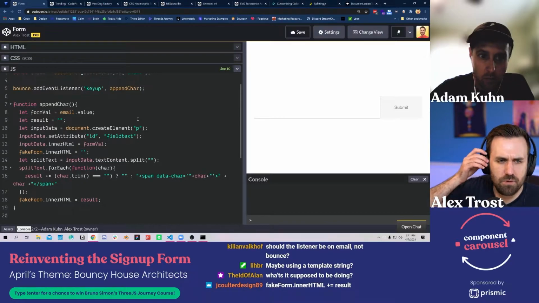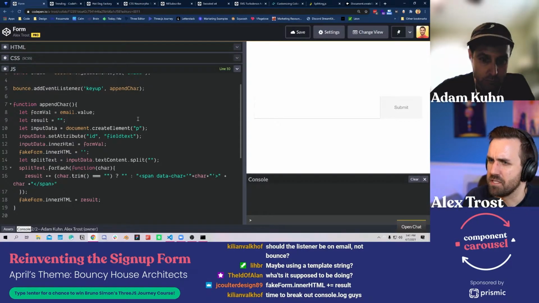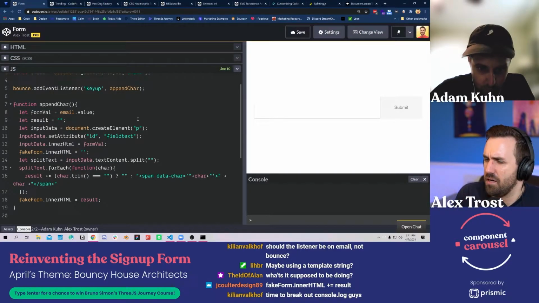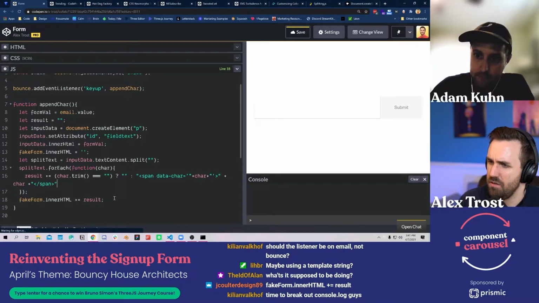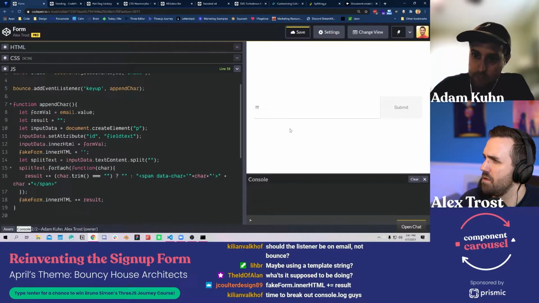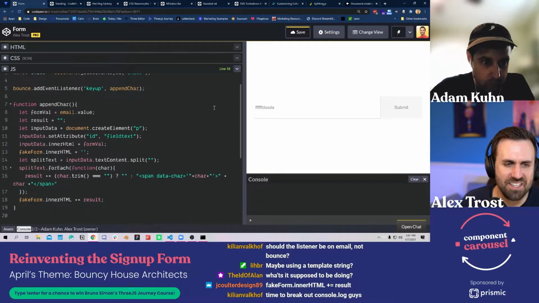So, Alan, it's supposed to be taking fakeform.innerHTML plus equals result. That's what Jamie's saying. Down here, fakeform.innerHTML plus equals result. It doesn't seem to. So my understanding, Alan, is that time to break out the console log, as Killian says.